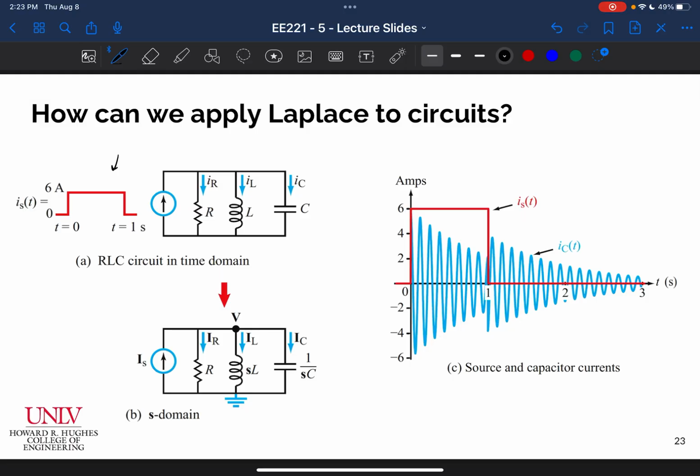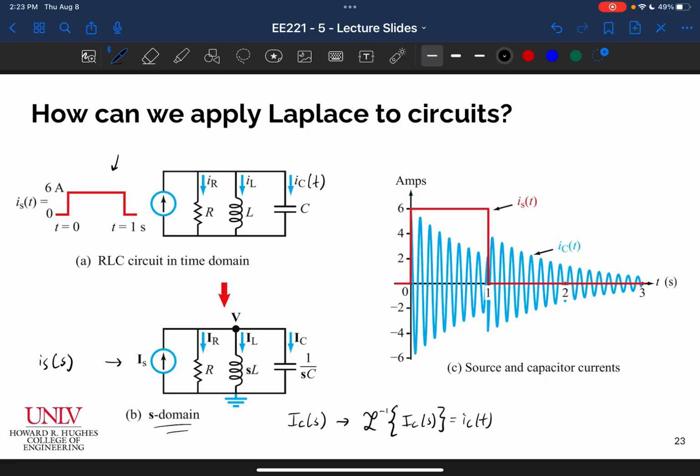Okay, so we can go through that if someone has a question about it, but basically this I of S is now going to be a function of S. Okay, and IR, IL, and IC are all functions of S. And then once we get this S domain solution, let's say that what we were after in this particular circuit was something like IC of t. Let's say we get IC of S, then we need to take the Laplace inverse of IC of S to finally end up with